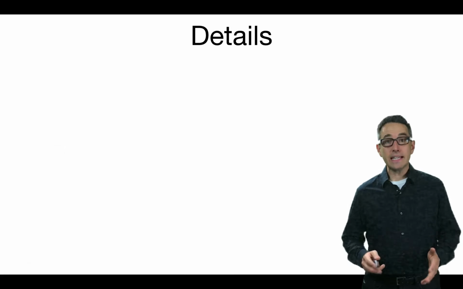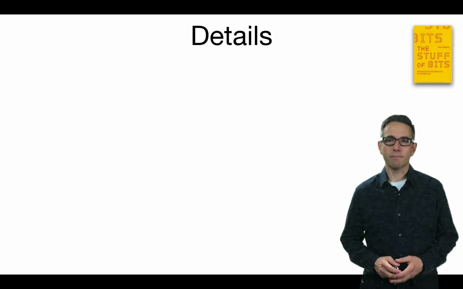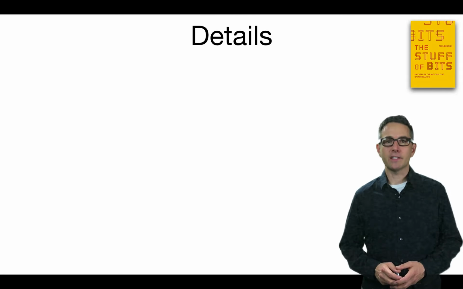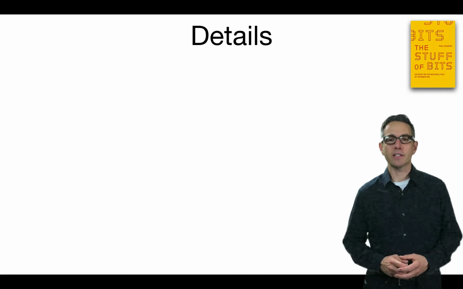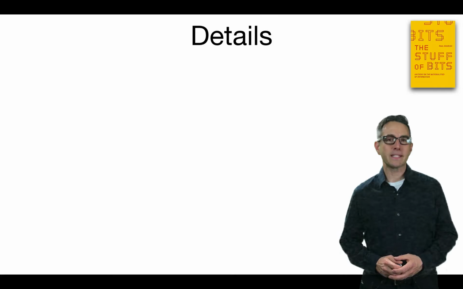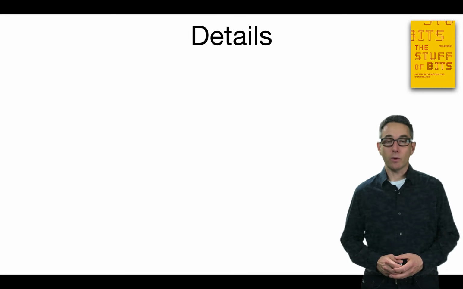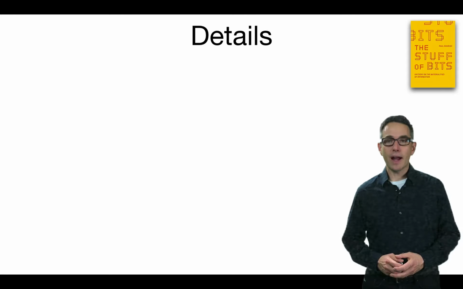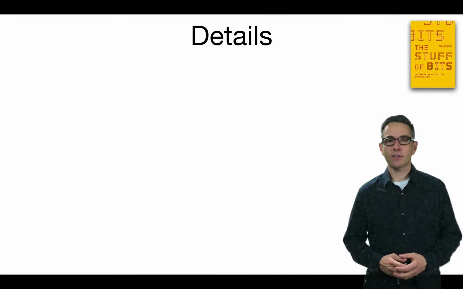So there are a lot of details in how we specify a uniform resource locator. Let's look at a few of them. Let's take, for example, a book by Paul Dourish that is about to be published, at least at the time at which this is being filmed, The Stuff of Bits. If we go onto the internet and we would like to find the page on Amazon.com that describes this book, so not just the document, the web page that describes it, we have to find a bunch of different components and put them together into a URL.